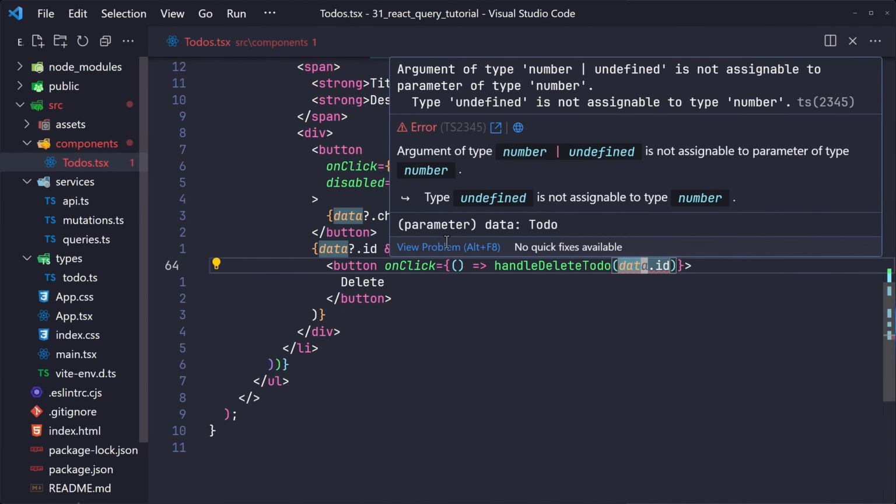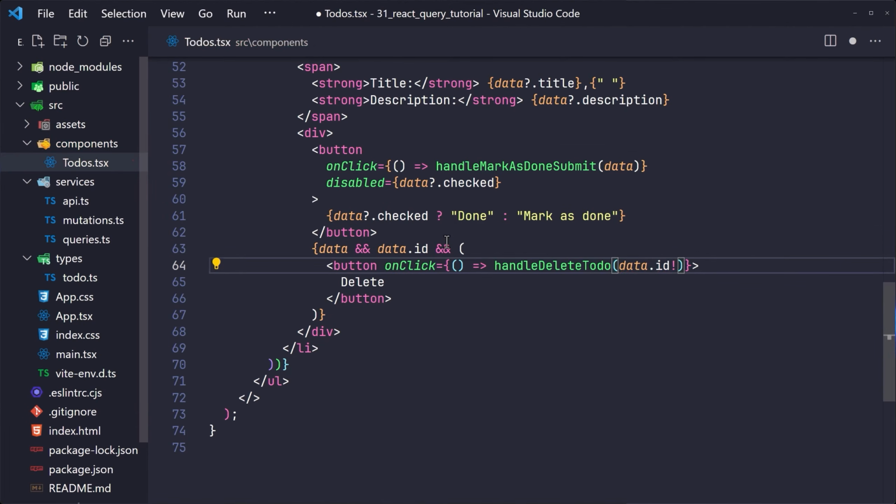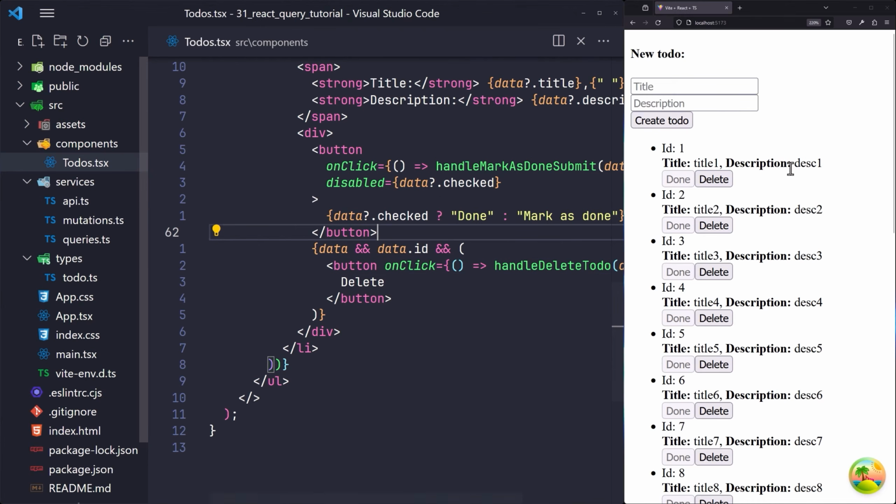It again is throwing us this error. I need to put also data.id and put an exclamation mark here, because by this point of my application, I know that the ID is always here and it's always defined. So if you head over to my application and I click on any delete button, after a few seconds, you see that the to do got deleted like this. And after that, you see that my list is going to be updated